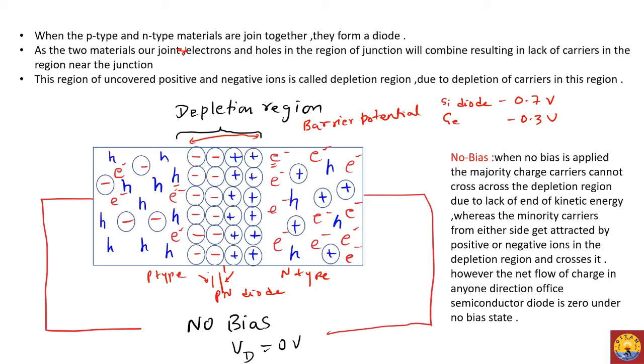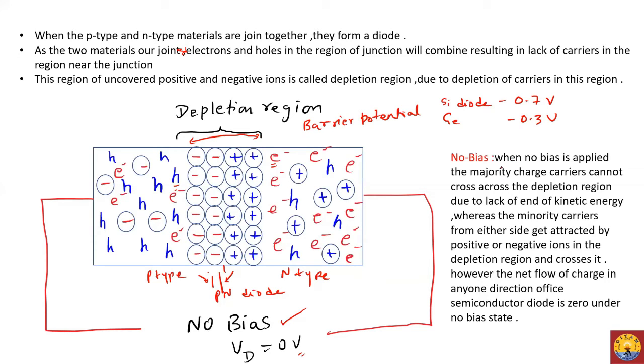When you bring p-type and n-type together, you are basically forming a diode. In a short time, electrons and holes in this particular region will recombine and neutralize each other. So this region will have no carriers, and hence it is called the depletion region. This particular case is called the no bias case. Bias means voltage. So VD equal to 0 means voltage across the diode is 0 volt. We are not applying any external source or potential. So it's free, but there exists some barrier potential of about 0.7 volt for a silicon diode.